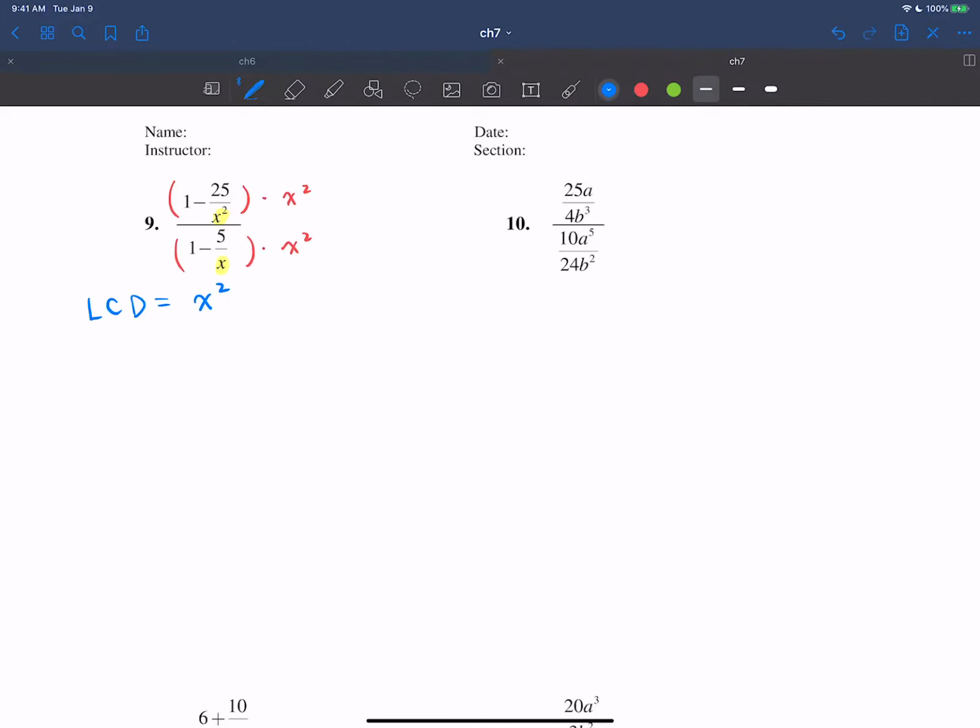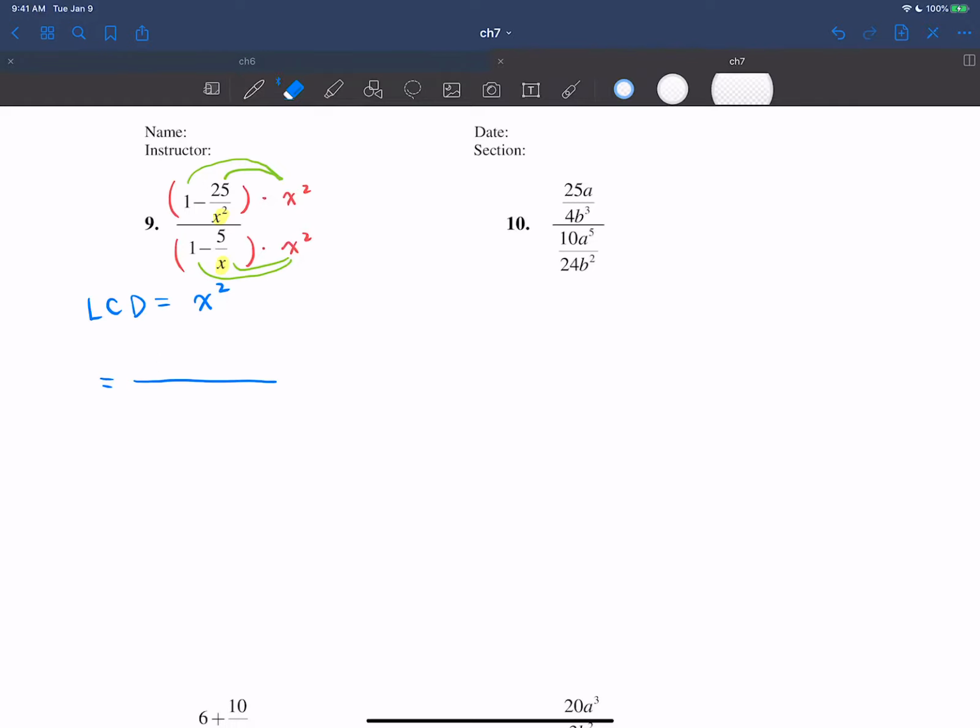So here is where a lot of people make mistakes. When you distribute x squared, do not forget that you have to multiply every single term by x squared. And we have two terms on the top. First term is 1, so you have to do 1 times x squared, which gives you x squared. And the second term, if you multiply,